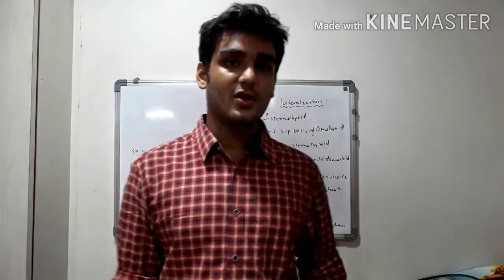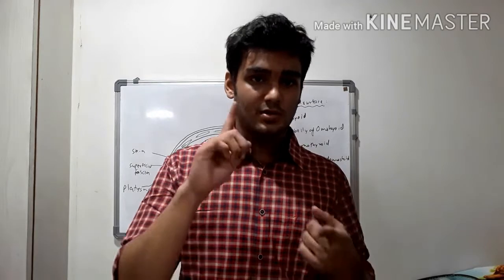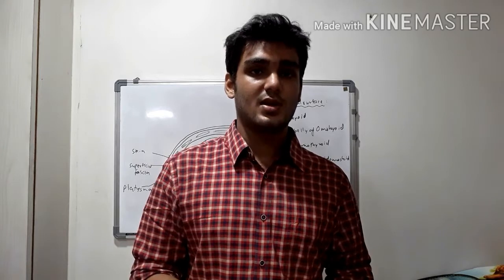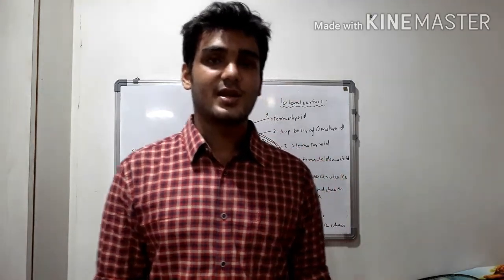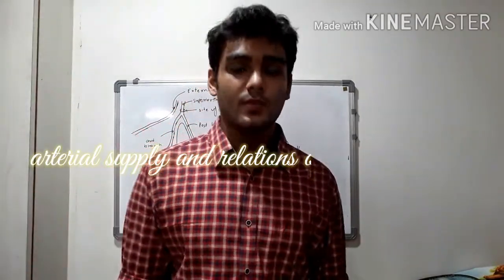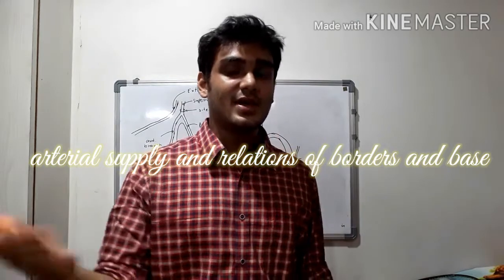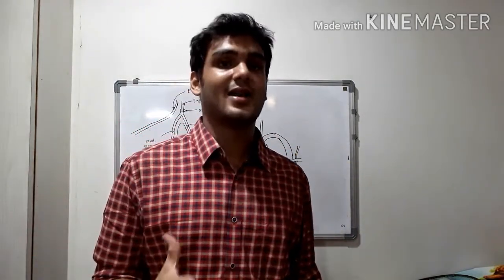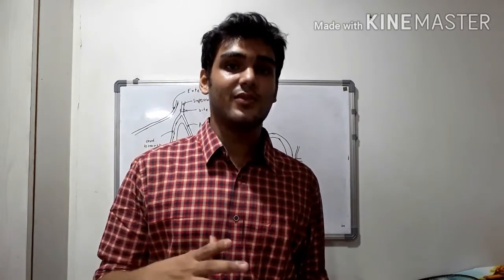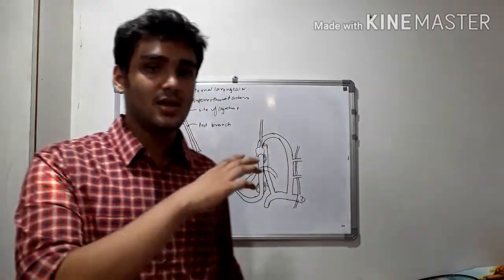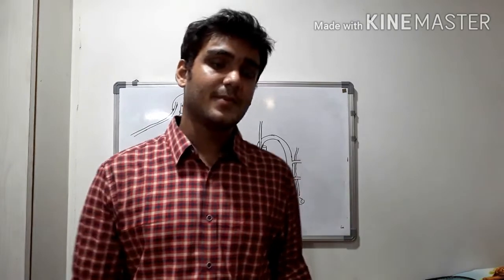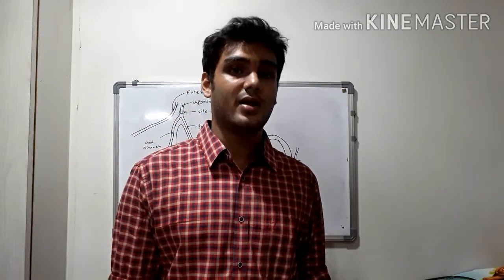So I repeat again, the relations of lateral surface are the sternothyroid, sternohyoid, superior belly of omohyoid, and the sternocleidomastoid. These four muscles. And the relations of posterolateral surface is the carotid sheath, and the posterolateral surface overlaps the common carotid artery. So now, before discussing the relations of borders and the base, let's first understand the arterial supply of thyroid gland, as without understanding it, you cannot understand these two things. You simply will have to mug up those relations without understanding the arterial supply of thyroid gland. I'm expecting you all to revise the branches of external carotid artery and the subclavian artery before understanding this topic.